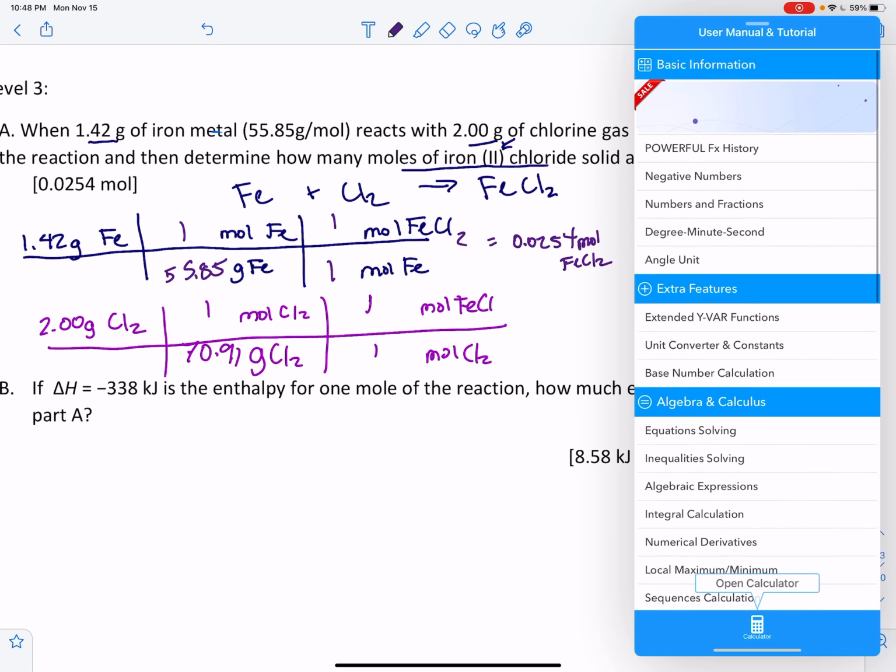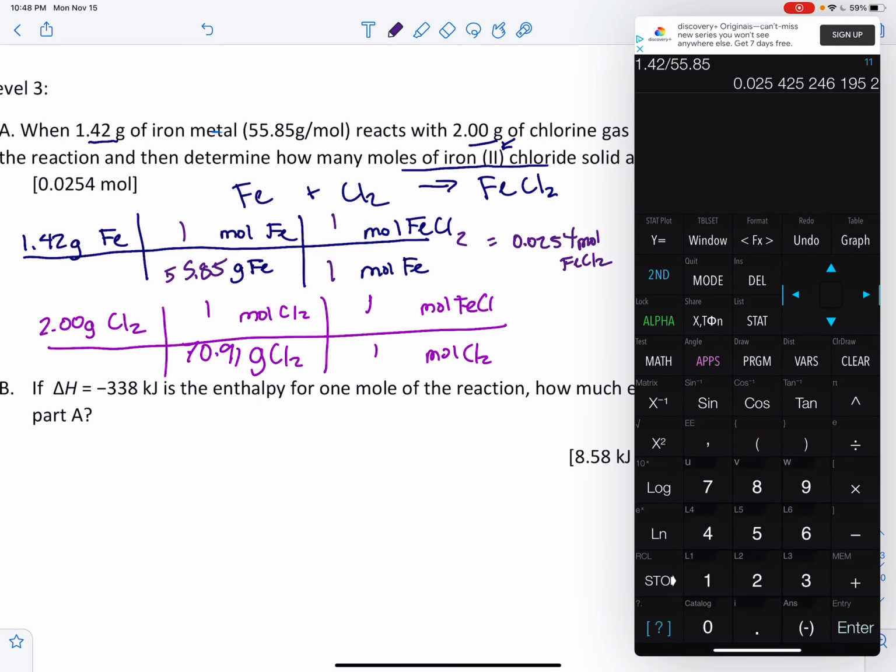did not mean to open up my usual manual. There we go. 2 divided by 70.91. That's a 7 there, if you can't tell. And so that number gives me